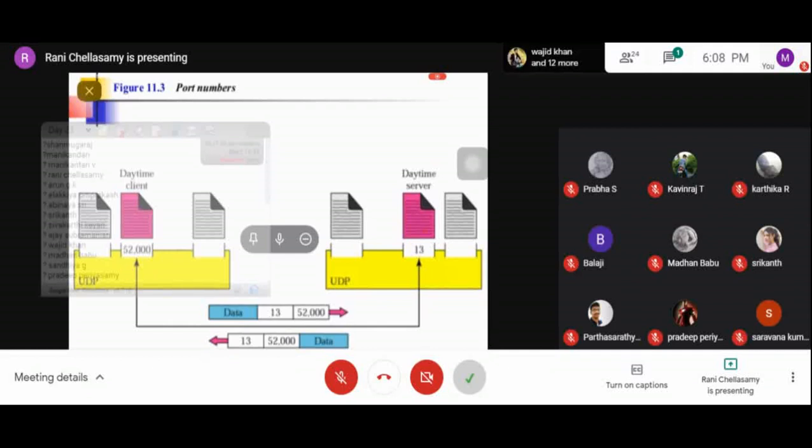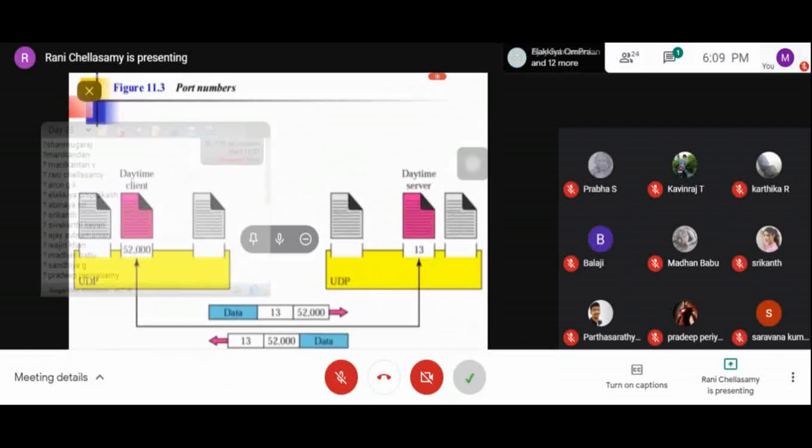Okay, so the client is going to send the datagram packet to the server. So what will be the message? It consists of the source port number, the destination port number, and the data to be transmitted.